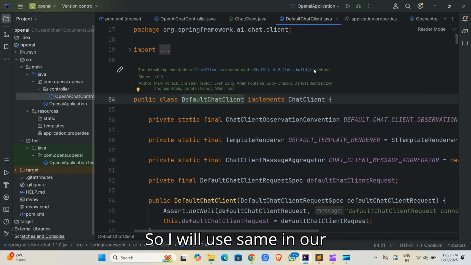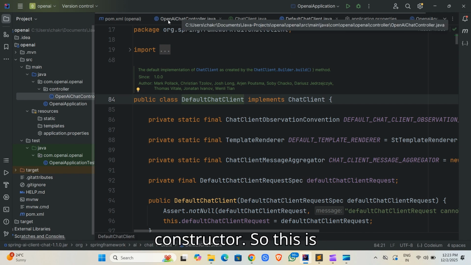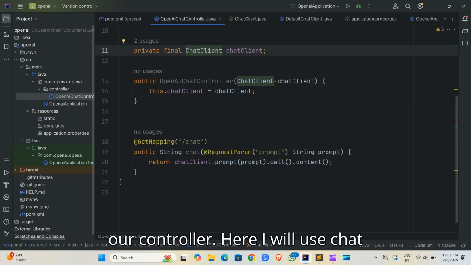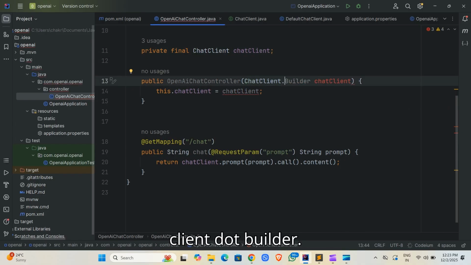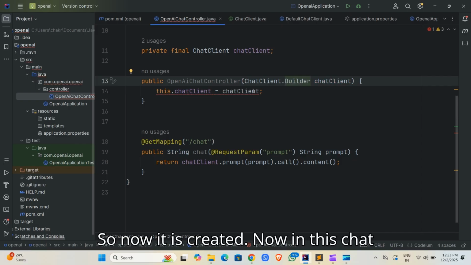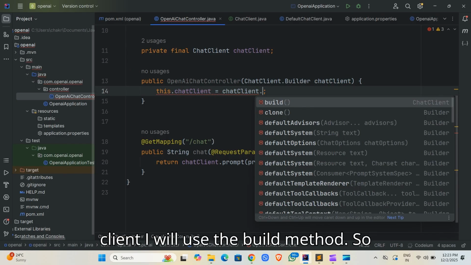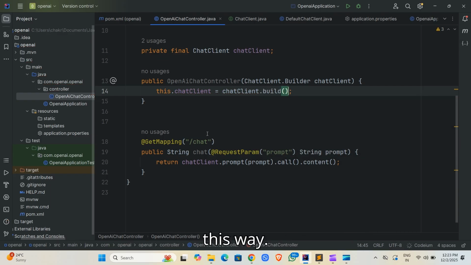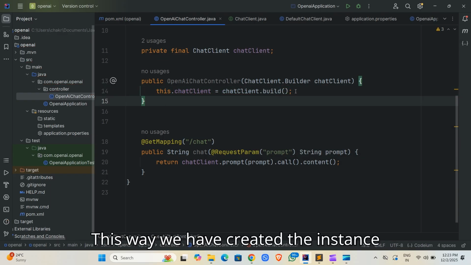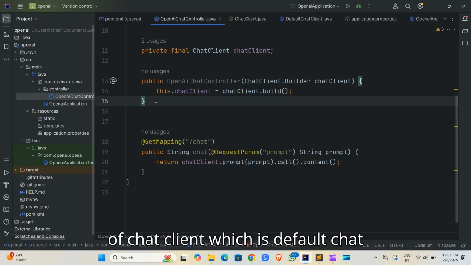So I will use the same in our constructor. So this is our controller. Here I will use ChatClient.Builder. So now it is created. Now in this builder I will use the build method. This way we have created the instance of ChatClient which is DefaultChatClient.